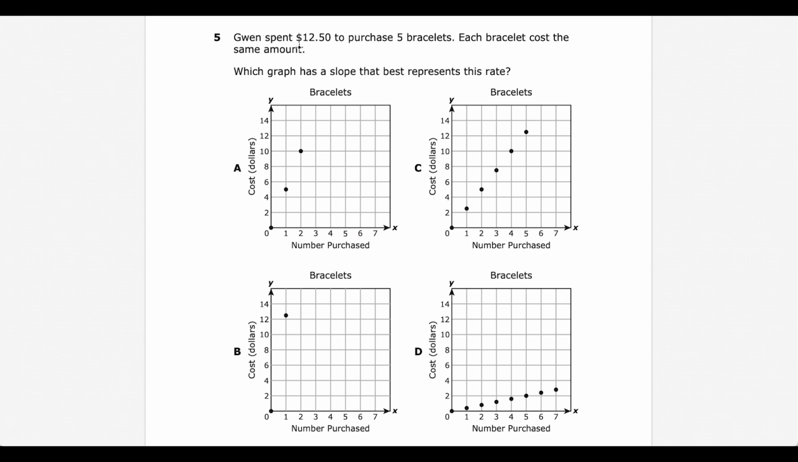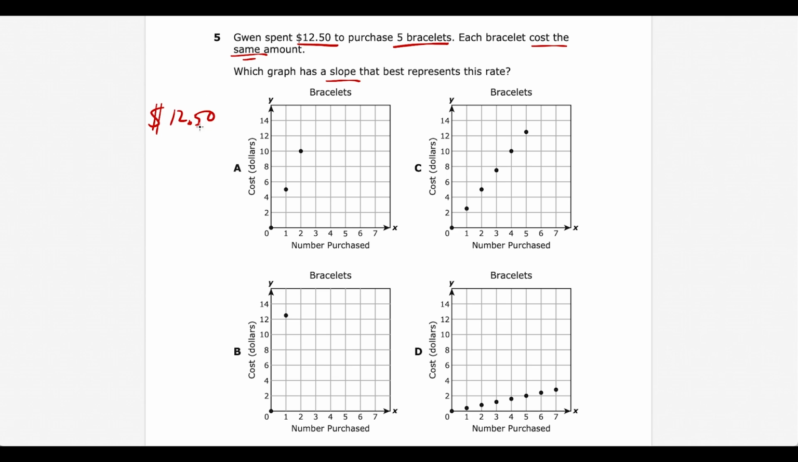So question 5, we have Gwen spent $12.50 to purchase 5 bracelets. Each bracelet cost the same amount. And we want to know which graph has a slope that best represents this rate. So this is a linear relationship because each bracelet costs the same amount. And what we could do is, if 5 bracelets cost $12.50,